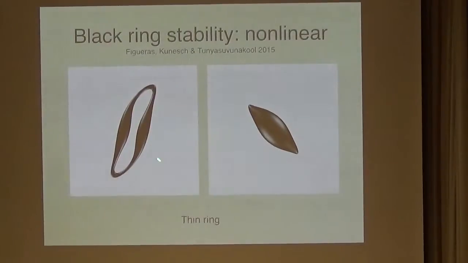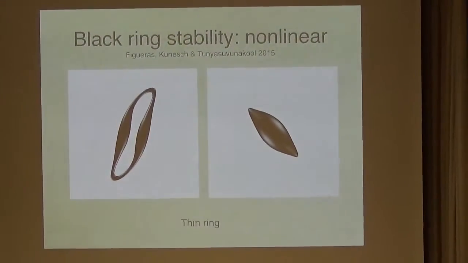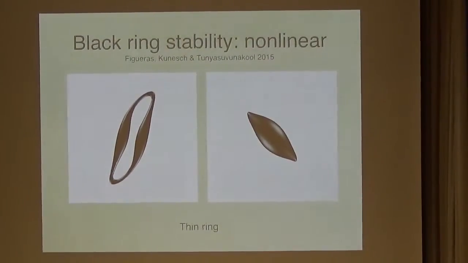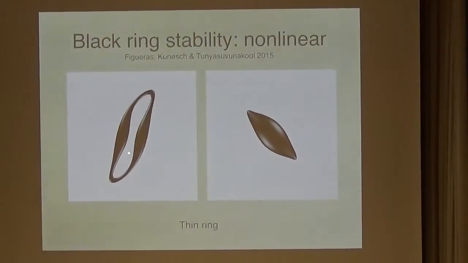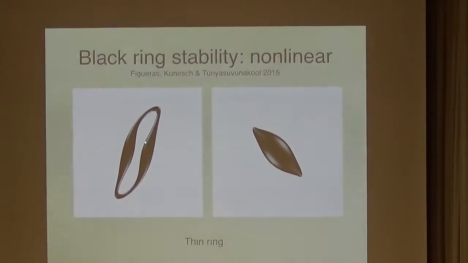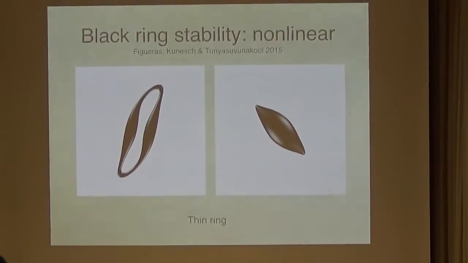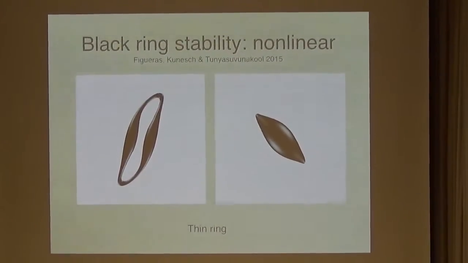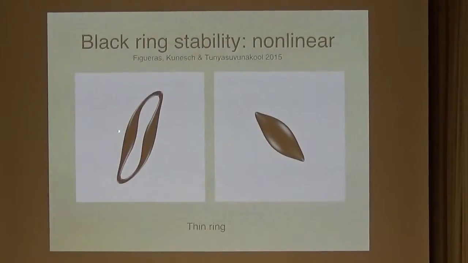What occurs at this stage of the evolution is that the apparent horizon finding routine that Pau and collaborators are using stops working. Okay, there's nothing wrong with the numerics. The solution is perfectly fine and convergent and so on. It's just that the apparent horizon finding routine stops working. And the reason they think it stops working is that they think what happens next is that these two lobes merge and form an apparent horizon of complicated topology, like a donut with 2 holes in it, or a genus 2 surface if you're a string theorist. And the apparent horizon finder can't cope with such complicated topology. Nevertheless, the solution is perfectly good and they can continue to evolve it.